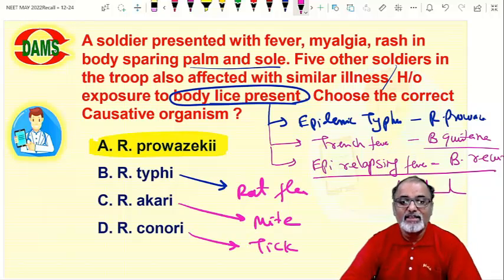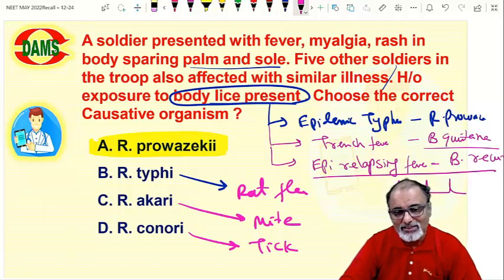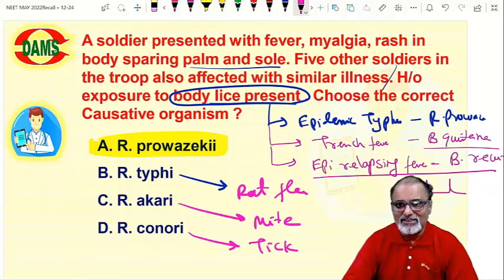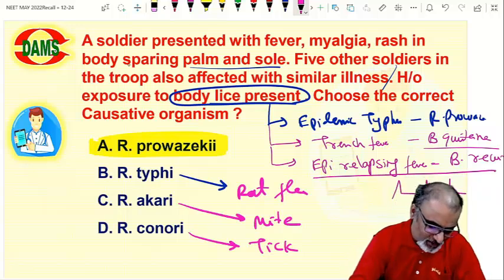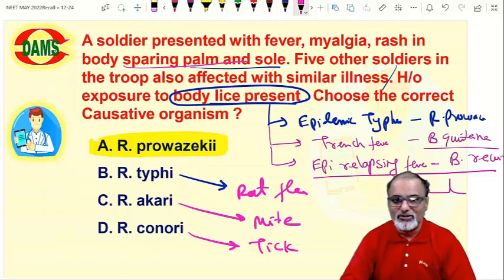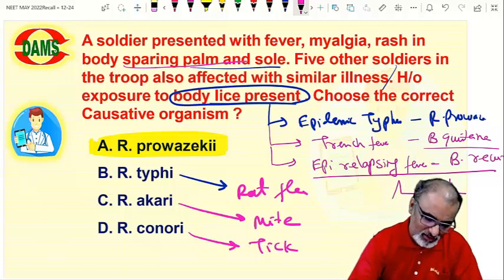Rickettsia akari causes rickettsial pox, mite is the vector. Rickettsia typhi causes endemic typhus, rat flea is the vector. So if you know the vector, the pathogen and the disease, the triad, game over. It will be very easy for you. Without knowing much clinical thing, you can easily come to a conclusion. So it is epidemic typhus. Next is